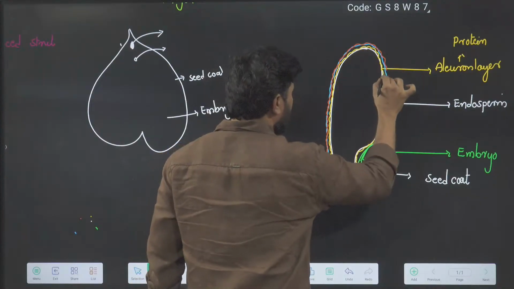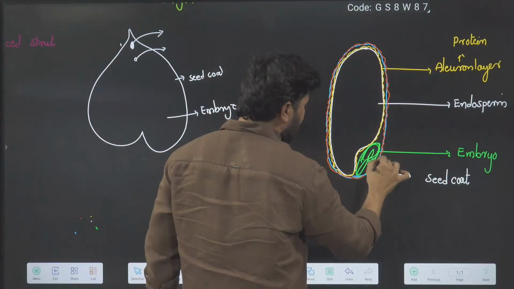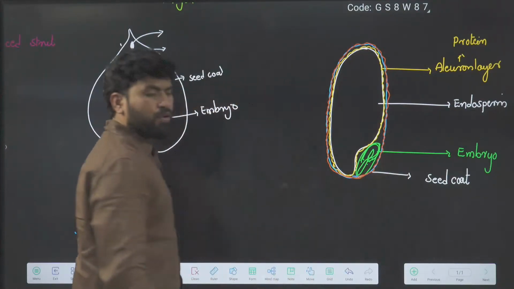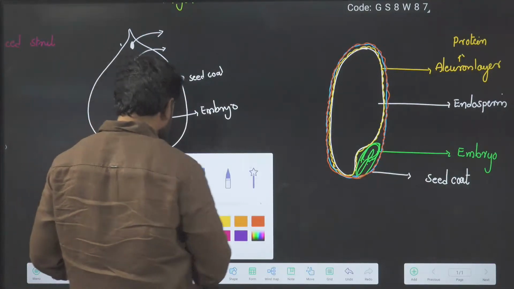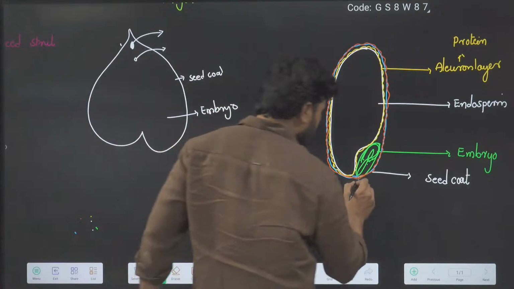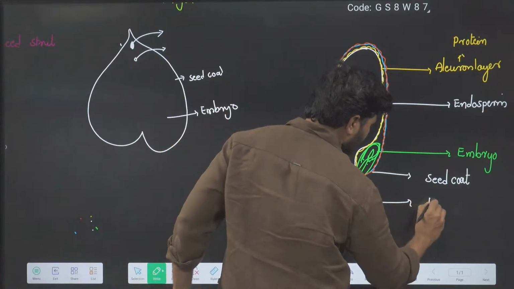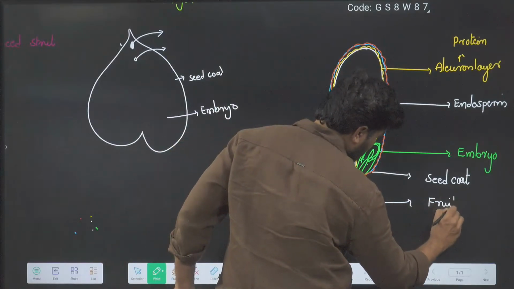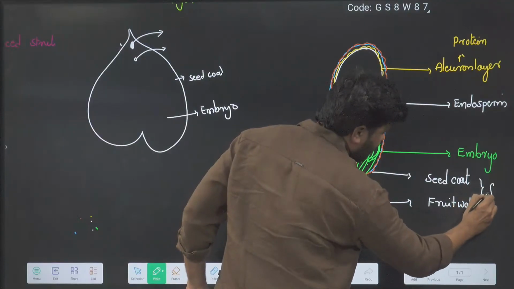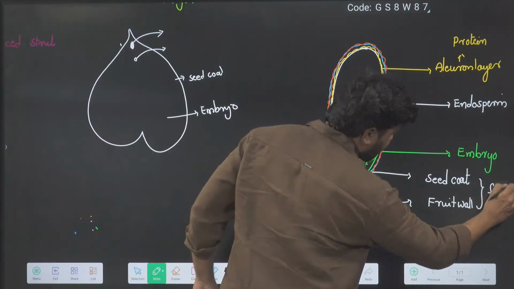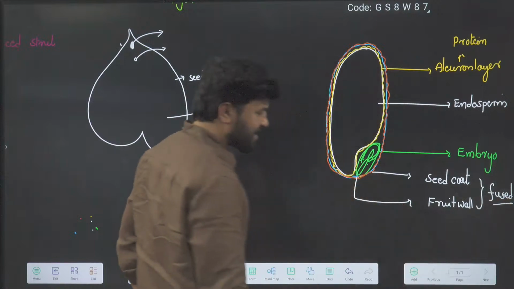The seed coat and fruit wall are very thin in the case of monocots. This is the fruit wall,